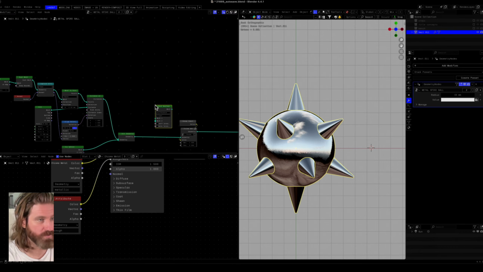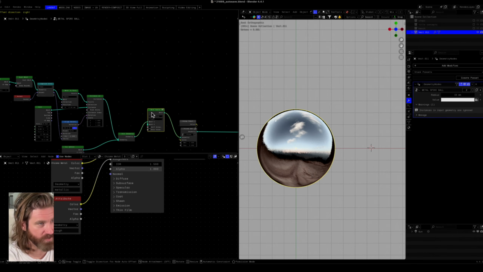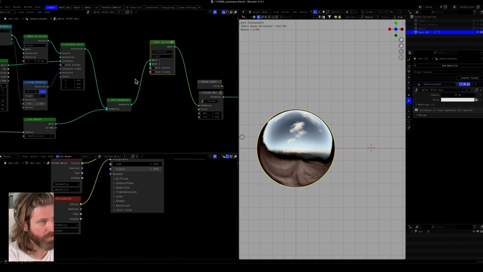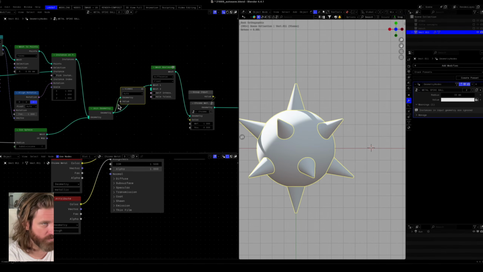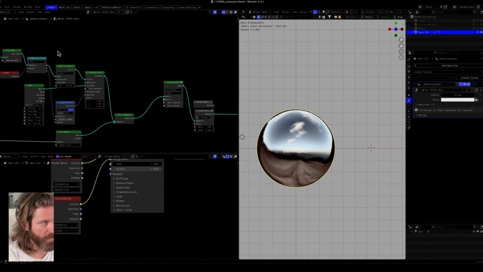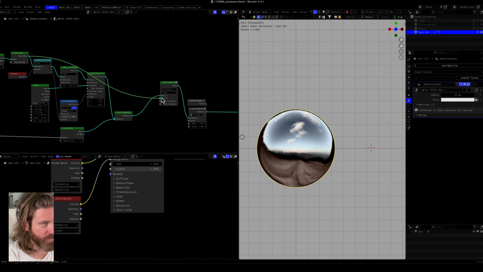Now this is one of those nodes I mentioned earlier, a node that you're going to be reusing a ton. However, I recommend you use my custom bool tool node, but I'll show you how to do it with just vanilla nodes. We're going to plug everything into one socket of the mesh boolean, and the other socket is going to be